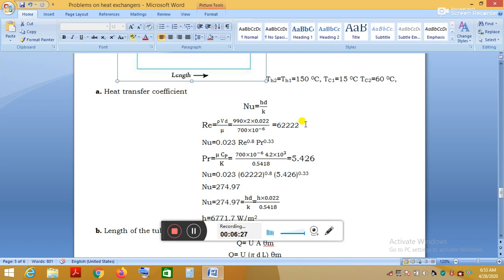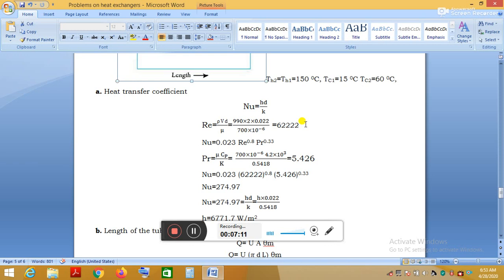In internal flow, if the Reynolds number value is less than 2200, then the condition is laminar. But we got more than 62,000, therefore the flow becomes turbulent. Go for turbulent and go for fully developed flow. If the Reynolds number lies between 2500 and 1.25 into 10 to the power of 6, that is 1,25,000, it is considered as fully developed flow.